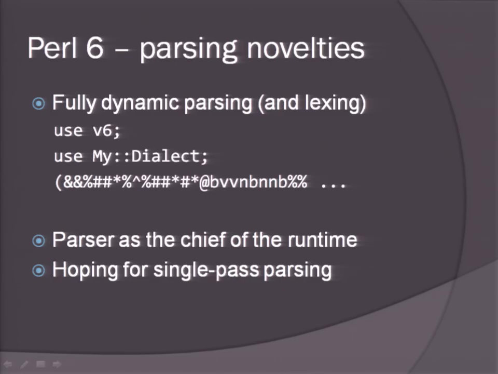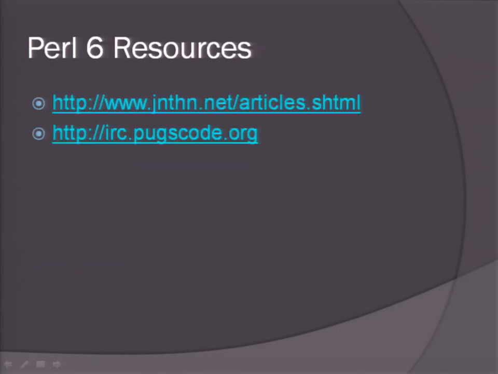You can switch to another dialect of your language and just start using it. Now, this is just nonsense, but on this line here, it could be a language. This is the reason why it doesn't make it uncompilable, but it does make it kind of tricky to set it up to be compiled. So the goal is to try to make it still able to be parsed in a single pass.